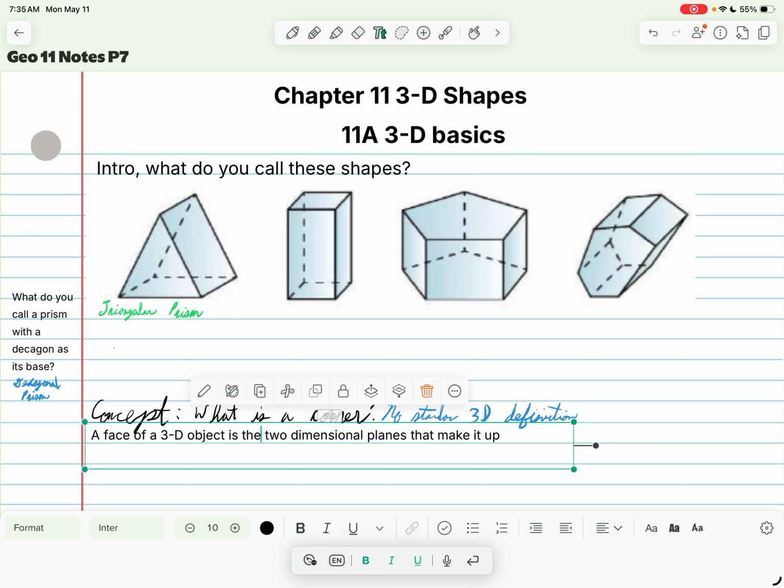Is the two-dimensional planes that make it up. All right, a face of a 3D object is the two-dimensional plane that makes it up. All right, with that said,